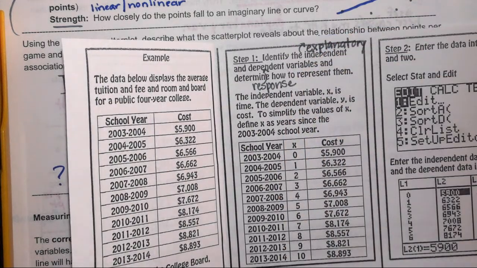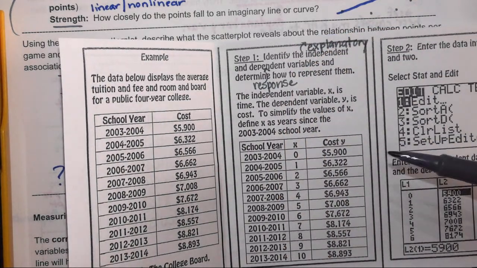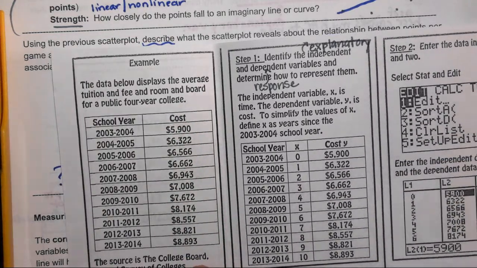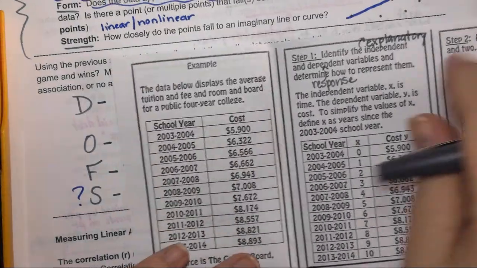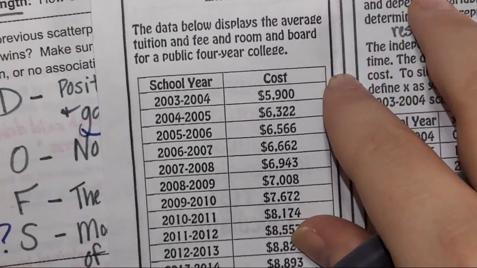Okay, so they asked us to identify the explanatory and the response variables and determine how to represent them. For us, with this specific problem, to begin with, here is